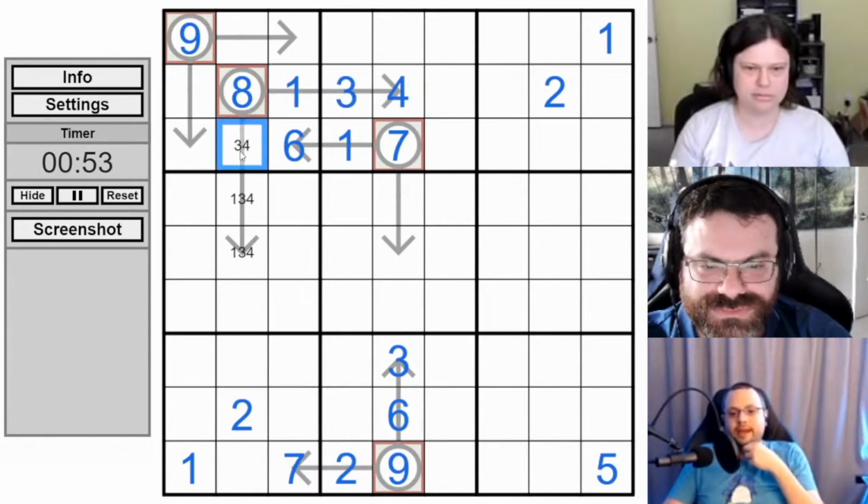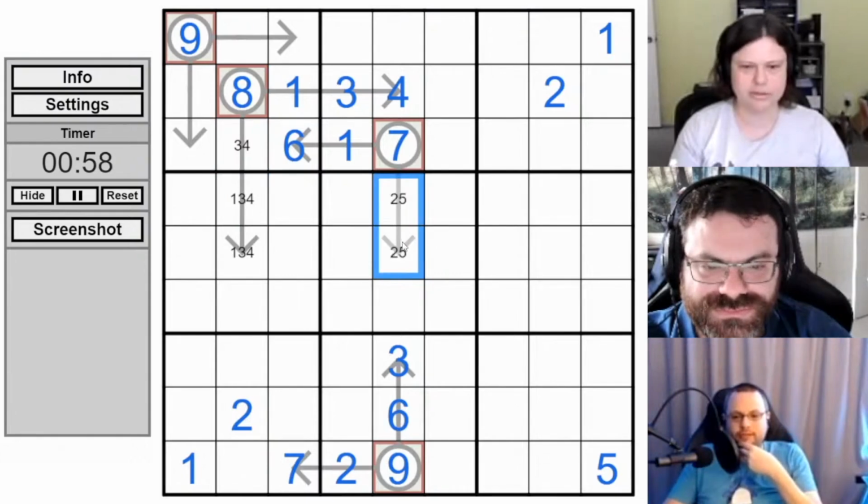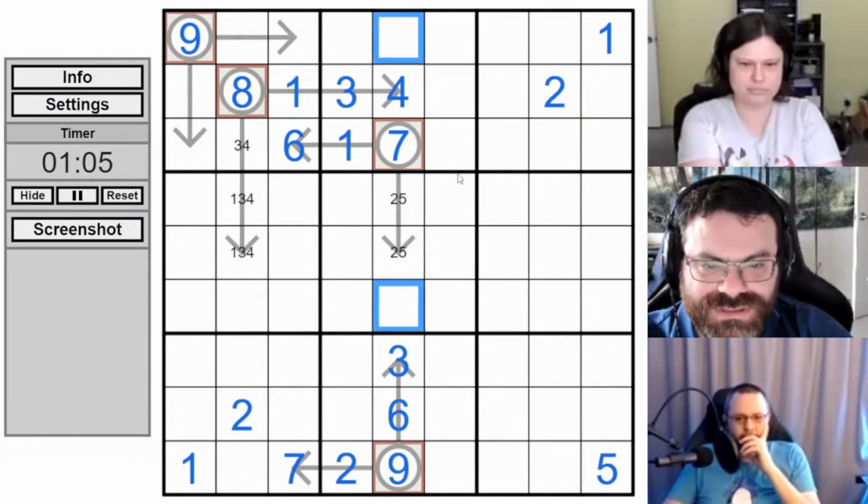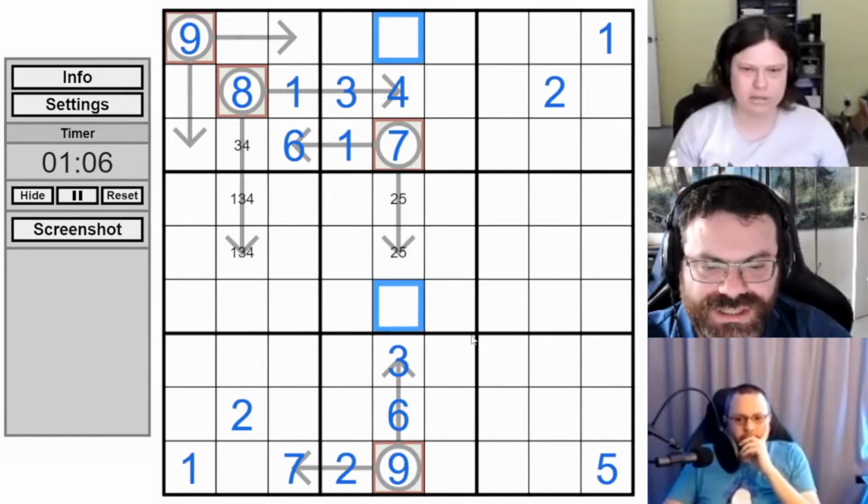And now 7 has to be pretty restricted. How are we making 7? Not as 1, 6 or 3, 4. So that's got to be 2, 5. That's cool. And then what digits are left in the column? Yeah, I'm pretty happy with that. Looks like 1 and 2, which are placed. Yes, excellent.